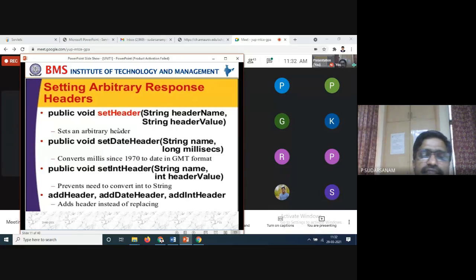Now, this one sets an arbitrary header. It sets an arbitrary header of that particular server page. Next is public void setDateHeader. The date header takes a string name and a long data type, in milliseconds. It converts the milliseconds since 1970 to a date in GMT format. From this date onwards, it prints the GMT date formats.